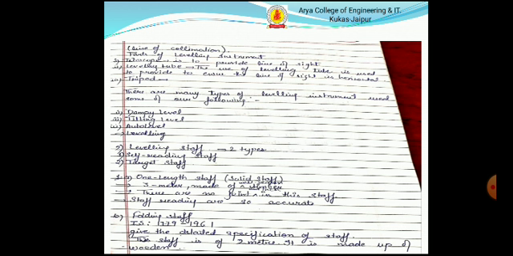Leveling staff. Leveling staff is of two types: self-reading staff or target staff. One-length staff or solid staff is available in 3 meter, made of well-seasoned timber. There is no joint in this staff. Self-reading staffs are very accurate. Folding staff. According to Indian Standard 1779-1961, which gives the detailed specification of staff, this staff is 2 meter. It is made of wood.